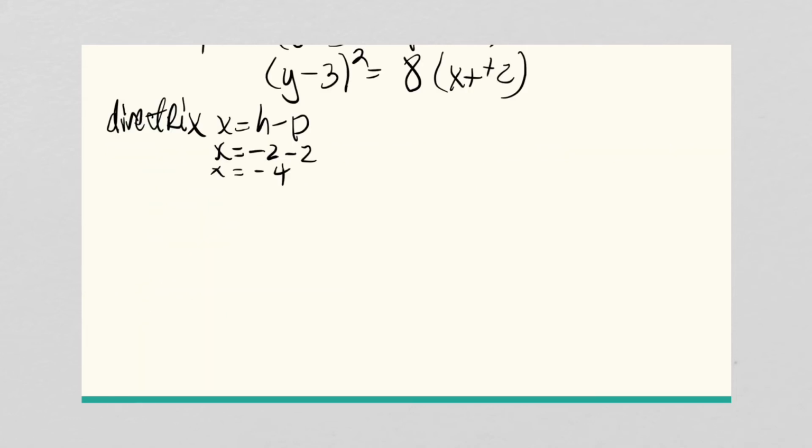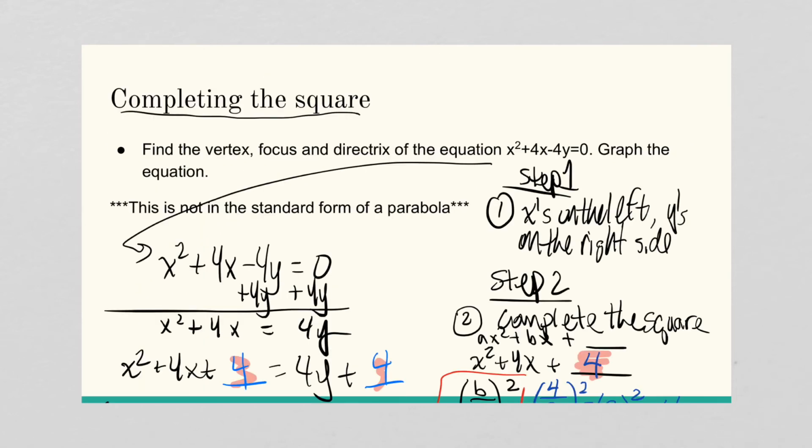All right, the last thing that we need to learn how to do is something called completing the square. You should have learned this in Algebra 2, but we do need to review it. How do I know I need to complete the square? Well, I need to complete the square because we don't have any standard form of any of the conics that we know. So step 1 says you must